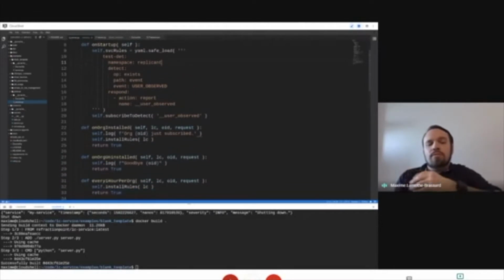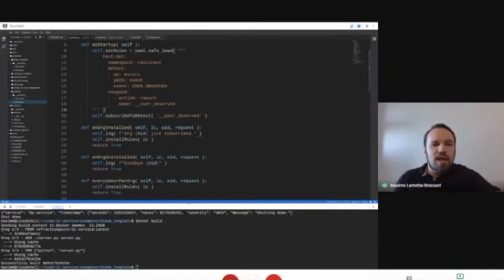Here's what we're going to do. This service will create a detection, a DNR rule that detects user observed events. So when a new user is seen on a sensor, on an agent somewhere. So for example, somebody logs into a shared server, things like that. This rule, you can see, is defined here at the top. So, we're taking a very basic approach. We're hard coding the rule in a service because it's a very core part of what this service is going to do.